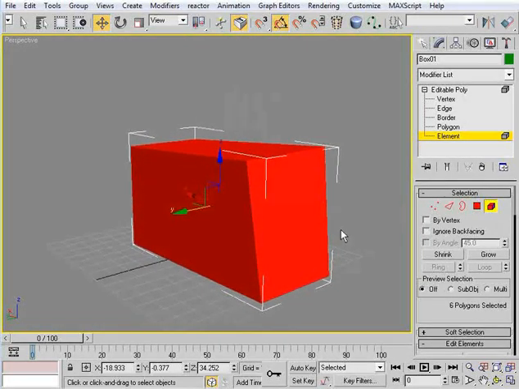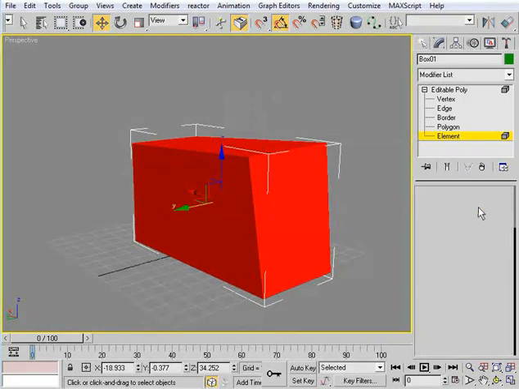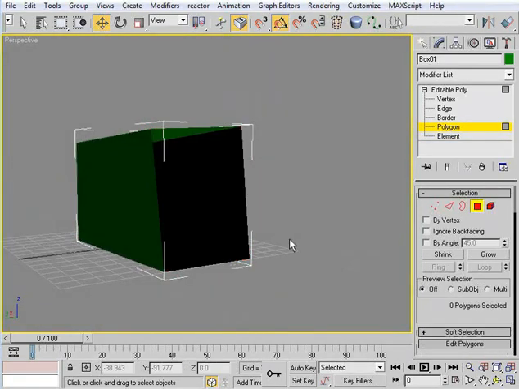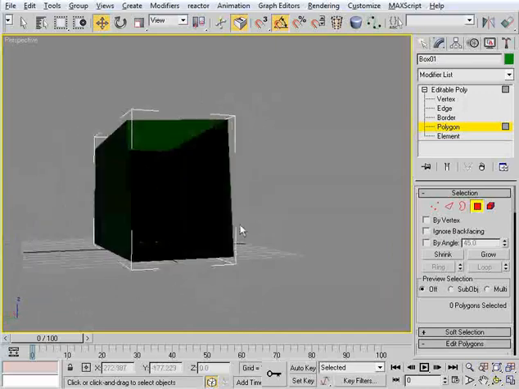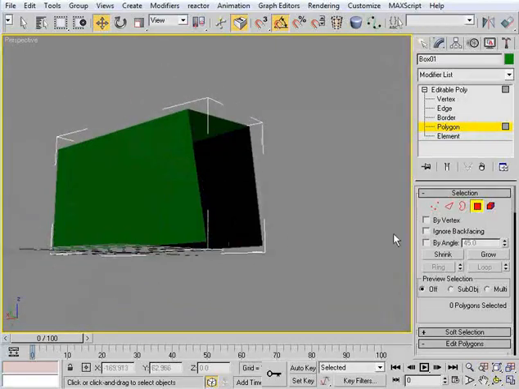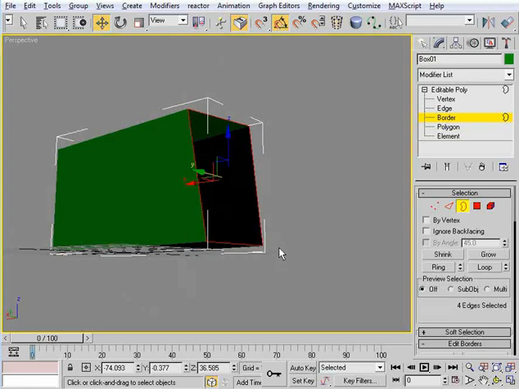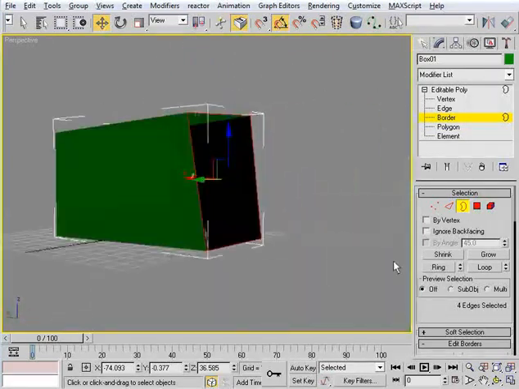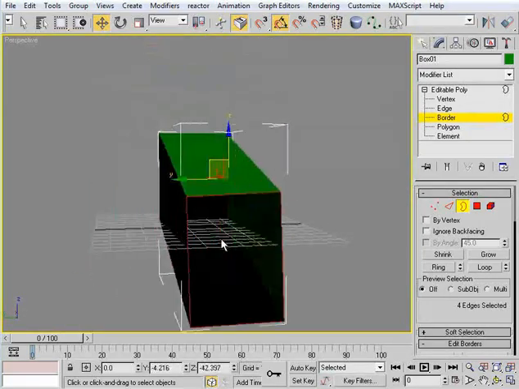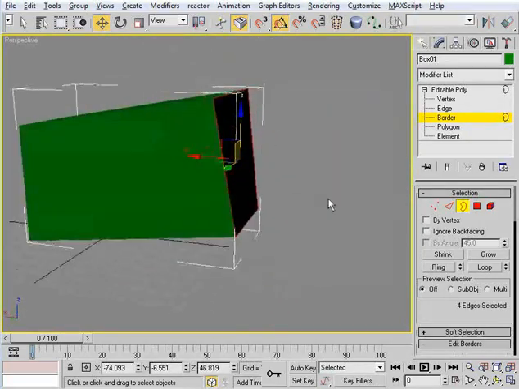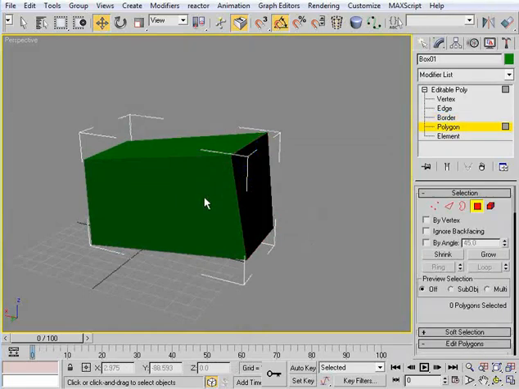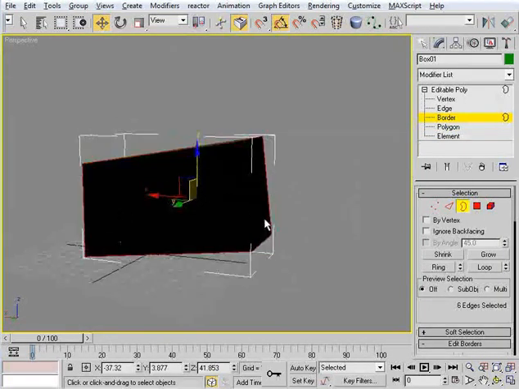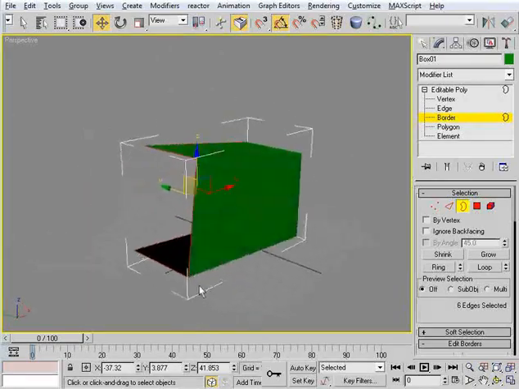Okay, so if we go back into polygon mode, and I'm going to select on this polygon right here, and I'm going to hit delete. Now we have an opening here in the mesh. That is our border. That's what borders are good for. It quickly selects on any opening that we have. So let's say if I deleted this polygon and go to border and select, notice it picks all of those